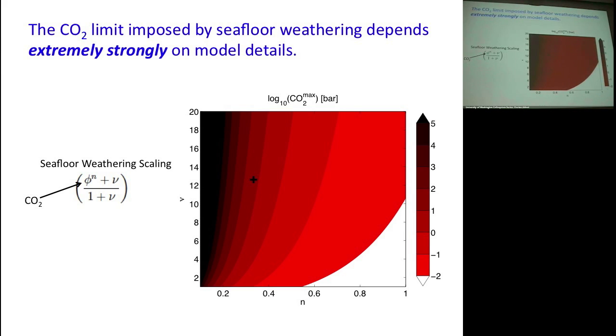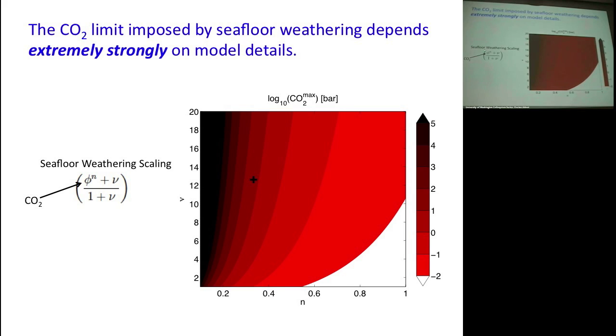Okay, so we can imagine a situation. How can we get the most possible? The seafloor weathering can impose a limit on the CO2 that the planet can attain. The way you can imagine this happening is, imagine you start going to a lower and lower insolation, so low that the temperature and CO2 dependencies of the land weathering just shut land weathering off. There's no longer any land weathering. And now you have to balance all of your outgassing with seafloor weathering. If you have a strong dependence on CO2, you won't need to increase the CO2 very much to do that. And if you have a weak dependence on CO2, you'll have to crank the CO2 way up, and you'll not have very much of a limit on the CO2 you can get.